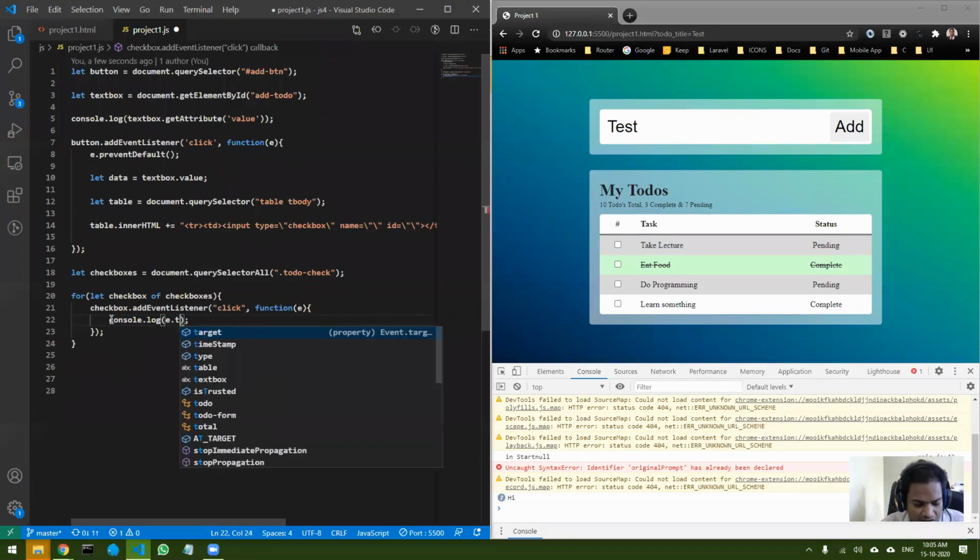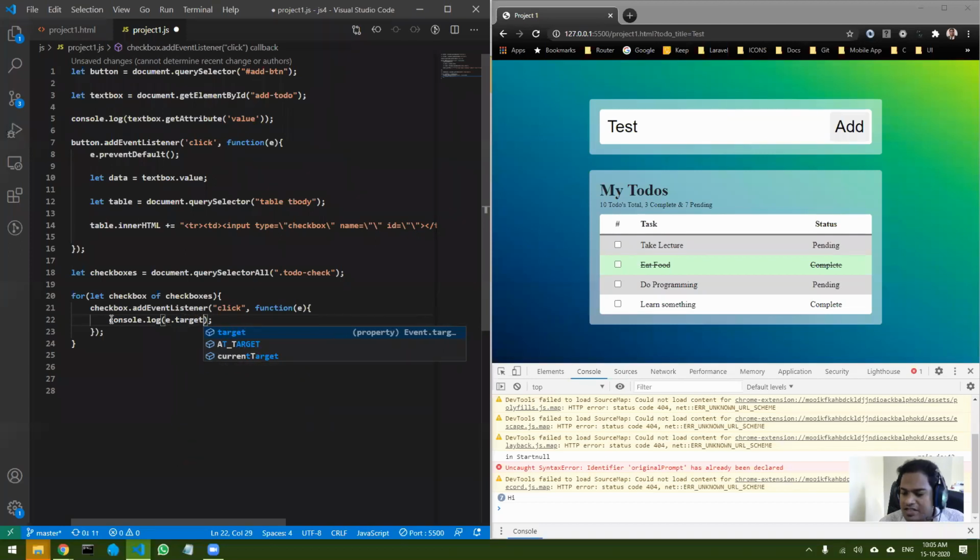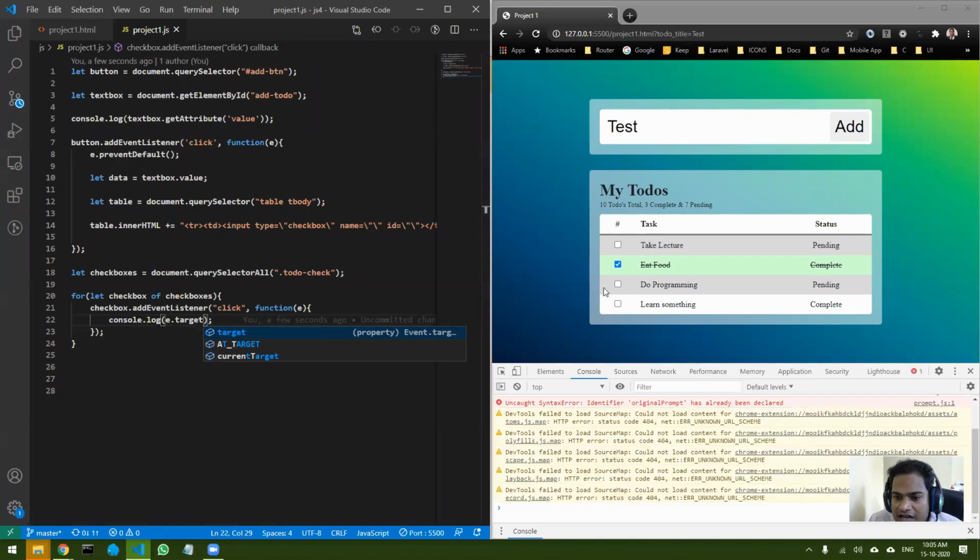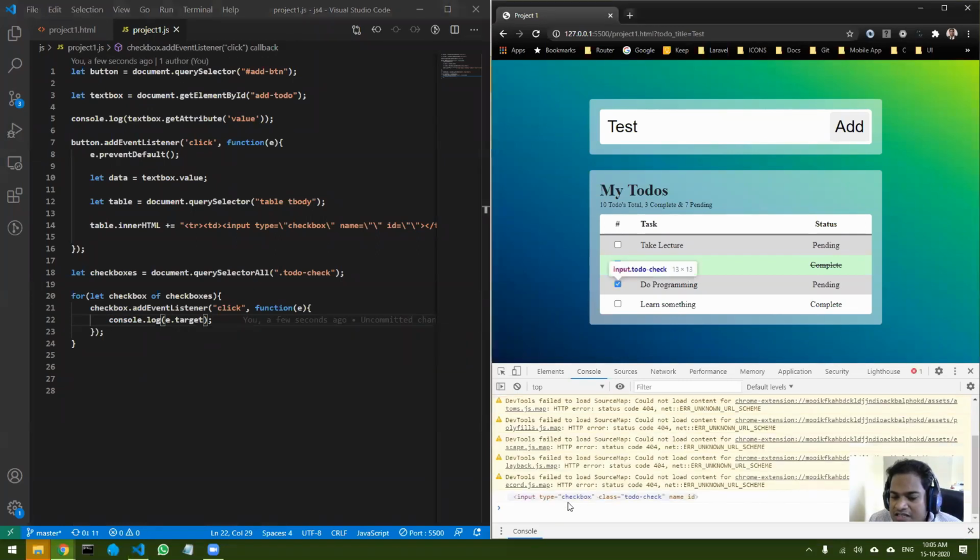So e.target. Let's see what e.target is. Let's save it and press any checkbox, and you can see the target is the checkbox I am pressing. That is very important to understand: e.target gives you the element that is being checked.